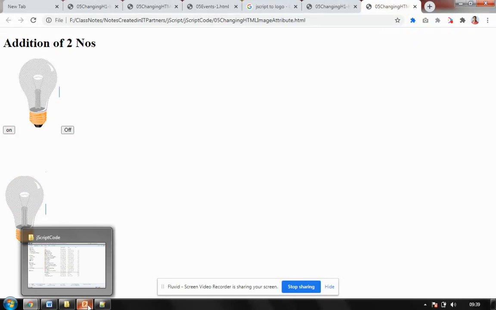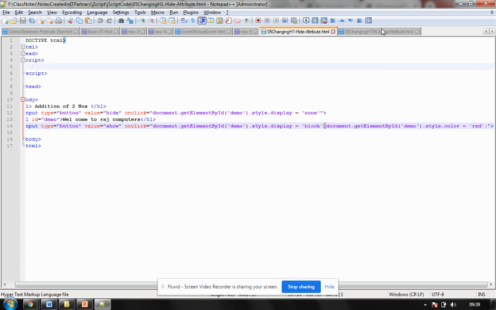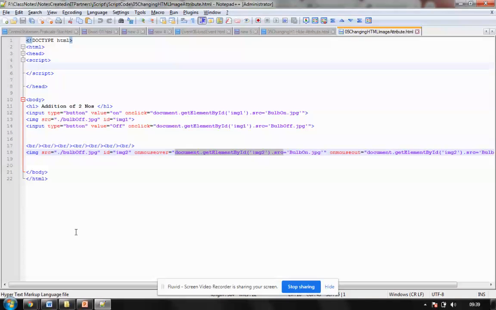So how is this done? This is done by a very simple piece of code here. There is only one statement of code here. See what I did? First, I show some message here, or I can just say here, it's an image attribute. The attribute is called what? Source.